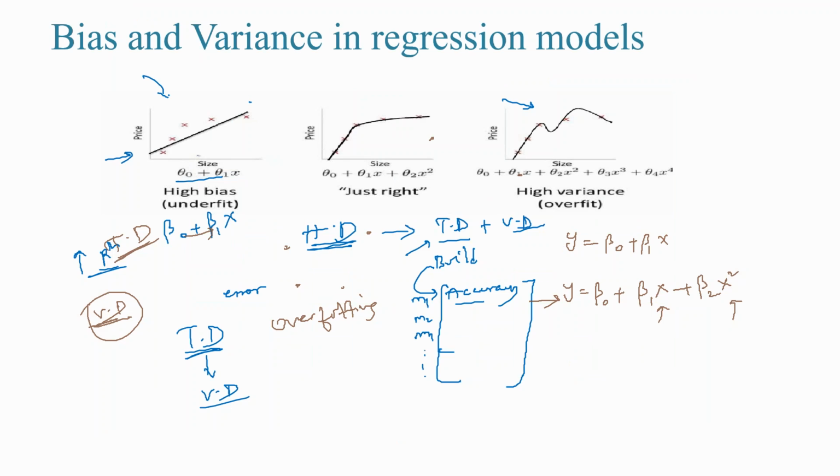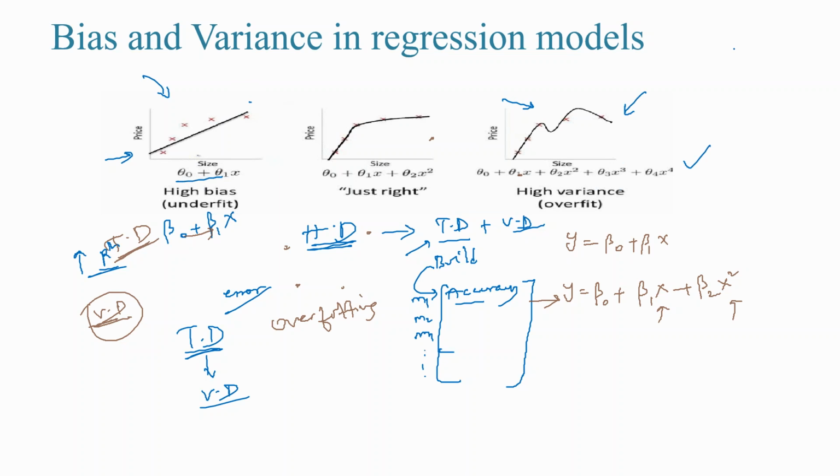So first we try to build an equation and we try to reduce the error. When we try to reduce the error, we try to increase the complexity of the model, that is increase the number of input parameters and all that, so that my R squared increases, right? But what is the right value of R squared? Till what extent should I increase? If I keep on doing that, I might end up with an equation like this, which is having an overfit condition,